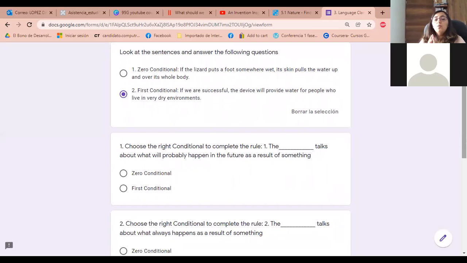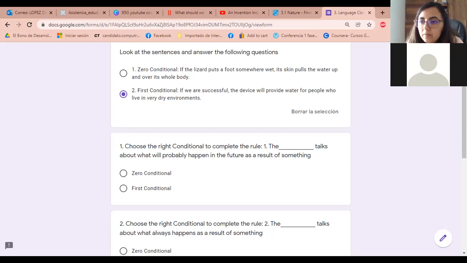Okay, so with the zero conditional, we had this example. If the lizard puts a foot somewhere wet, its skin pulls the water up and over its whole body. And in the second, we have the first conditional example. If we are successful, that device will provide water for people who live in very dry environments.